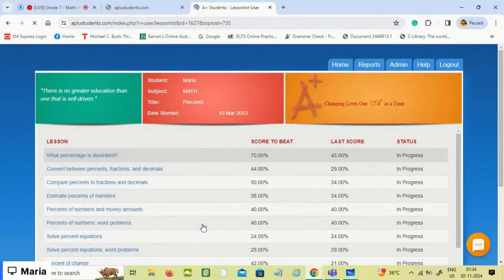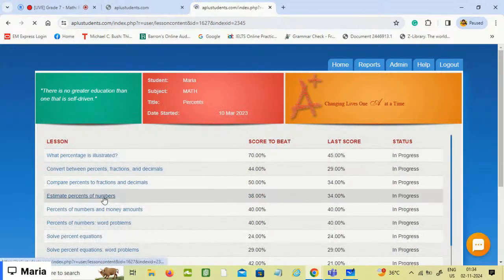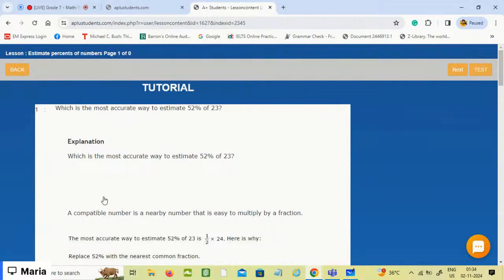Okay, so we're going to start with the lesson that is estimate percents of numbers. Which is the most accurate way to estimate 52% of 23? You have to estimate both the numbers, right? The most accurate